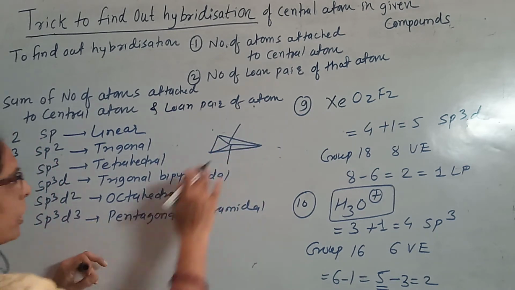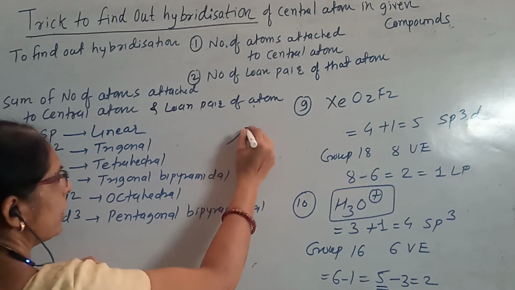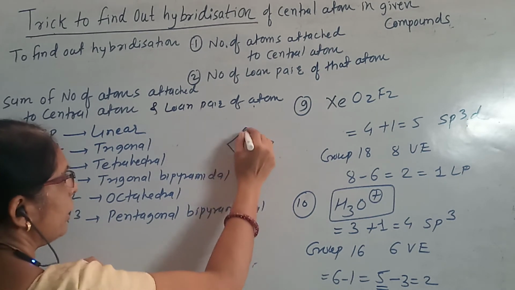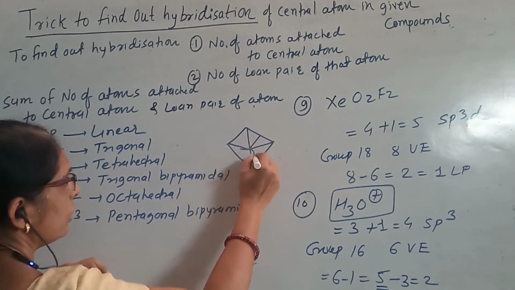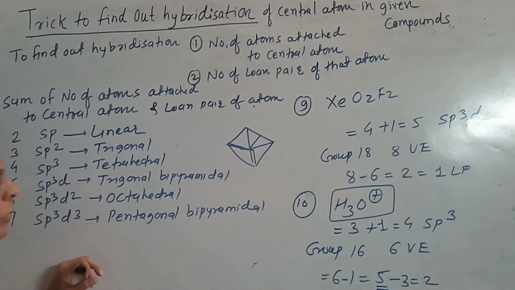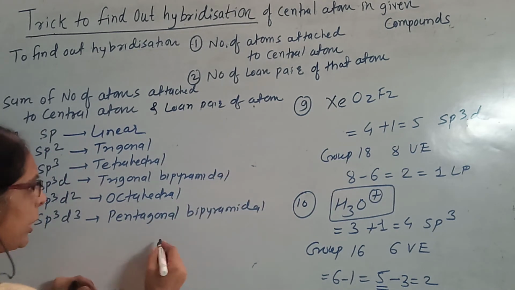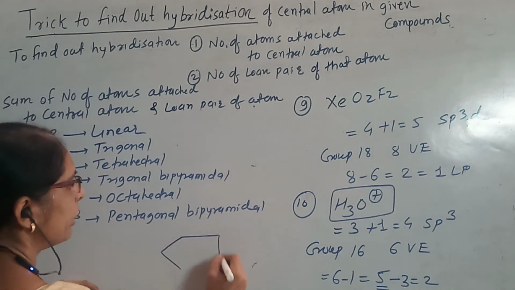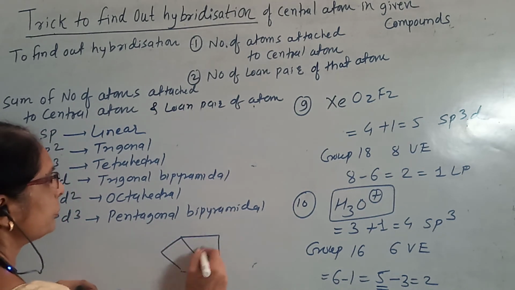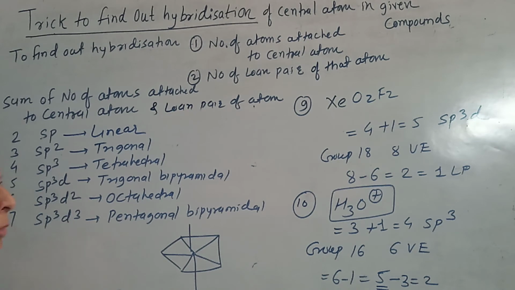When you consider octahedral, why is it called octahedral? Though it is 6, it is called octahedral because when they form the molecule, 8 faces are in contact, therefore it is called octahedral. And next is the pentagonal bipyramidal. This is the structure of the pentagonal bipyramidal, and these are the pentagonal bipyramidal geometry.